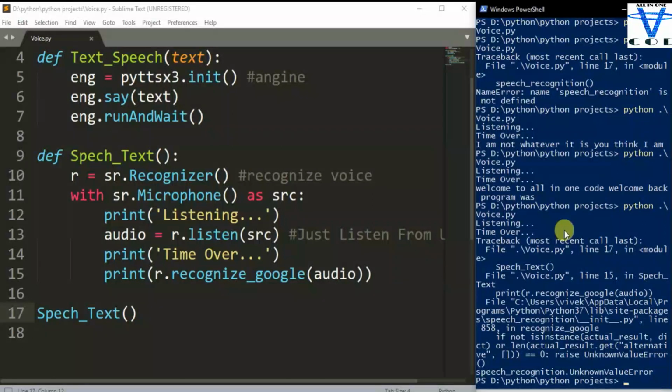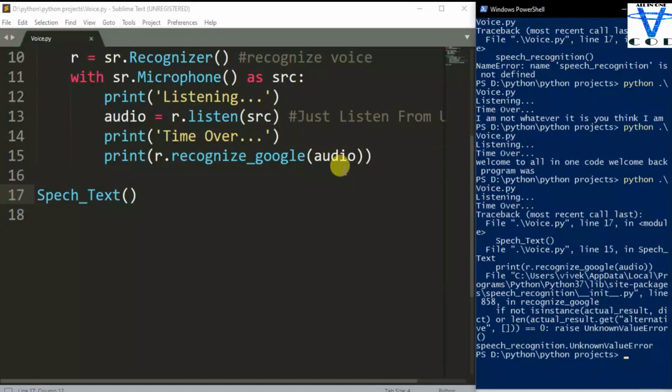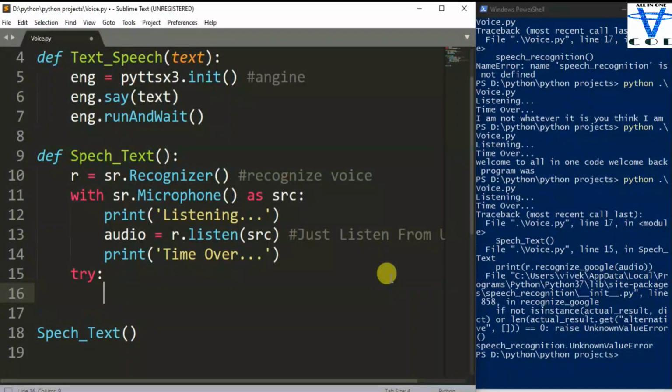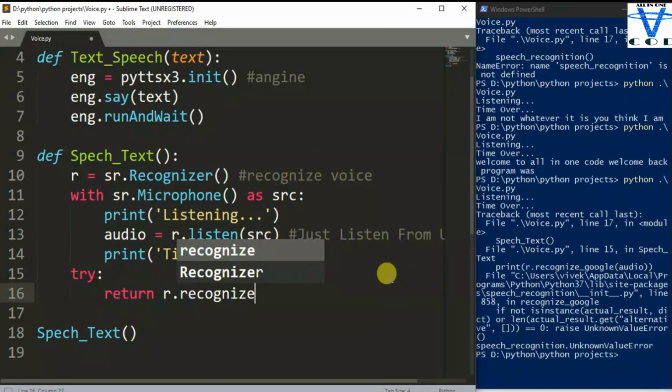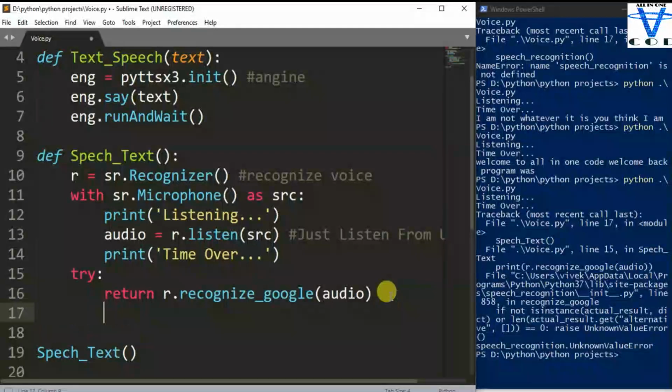Now why did we get the error? To fix that, we are going to use the try statement. Try to return r.recognize Google and pass this audio again, except, and in here we are going to write the error.